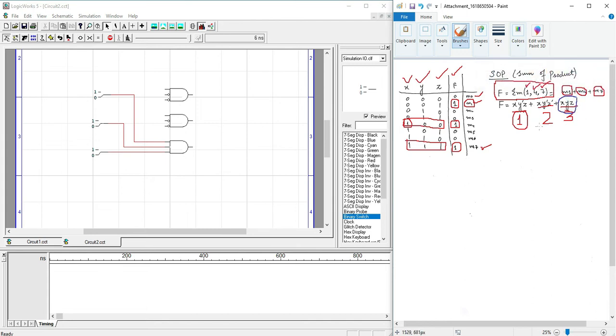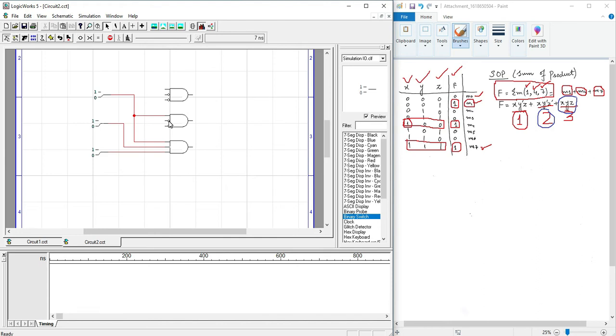Now our first connection, which is XYZ, is completed. Now we will move towards the second operation, which is X is simple, Y is primed and Z is also primed. So for this gate we directly connect this term to this wire, and we will see that a dot appeared here, which shows that this wire is also connected to the third AND gate and the second AND gate. Now we need two more connections, which is Y prime and Z prime.